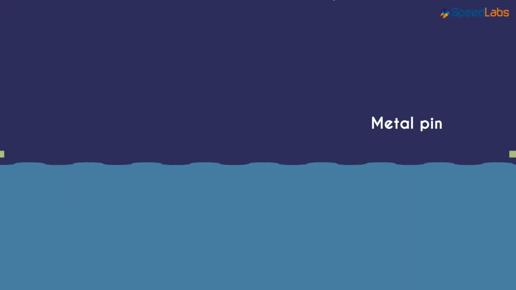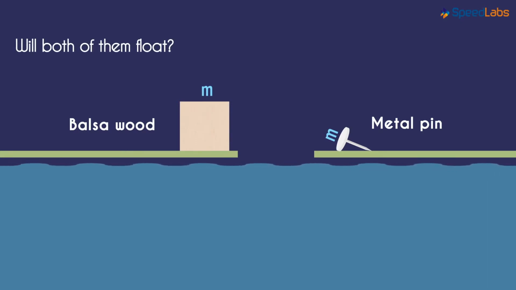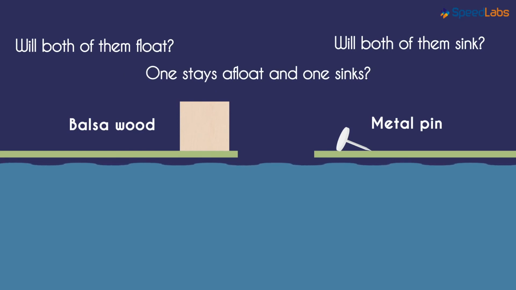Now let's say you simultaneously drop a piece of balsa wood and a metal drawing pin of the same mass into a container filled with water. What do you think will happen? Will both of them float? Or will they both sink? Or one stays afloat and one sinks? We will